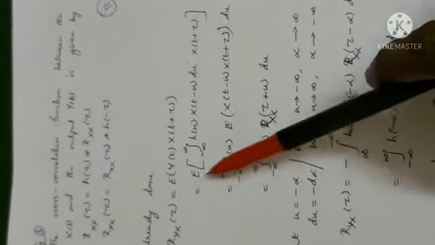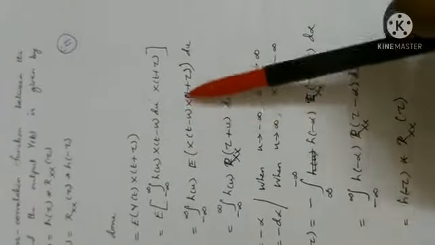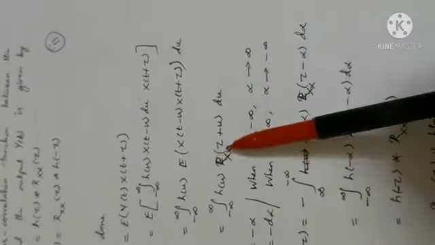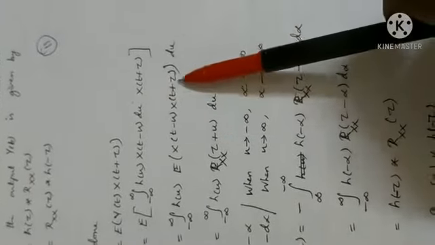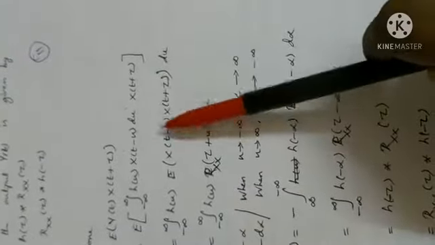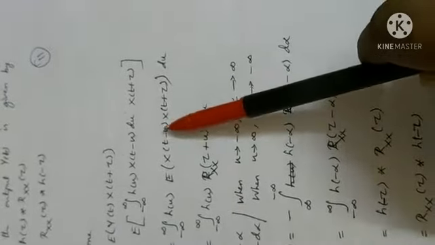Let us rewrite. Take this expectation inside. You know, we take expectation for random processes or variables. So h of u is kept outside the expectation. And this is actually both x, so r xx. Expectation of x of t1 into x of t2 is r xx of tau, right? Here this is t1, this is t2. Let us try to have tau positive. So t2 minus t1, t plus tau minus t plus u, which is tau plus u, okay? It is tau plus u.